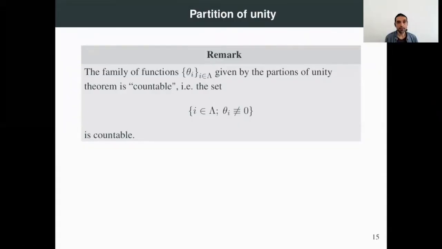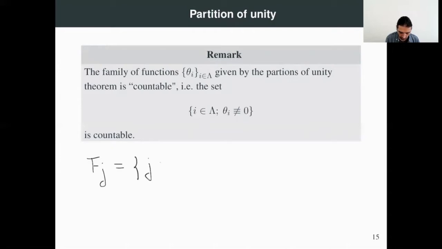Let us point out that the family of functions provided by the partitions of unity theorem is countable. In other words, the set of indices such that the function is non-vanishing is a countable set. This is a consequence of our construction, but it can be proved directly. Indeed, if we consider the set Fj, which is